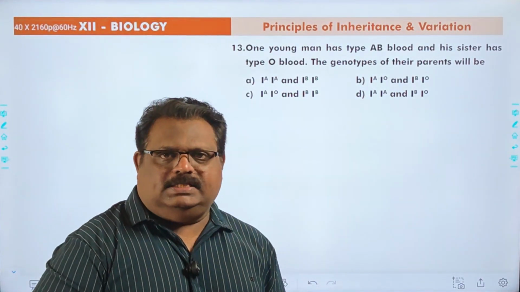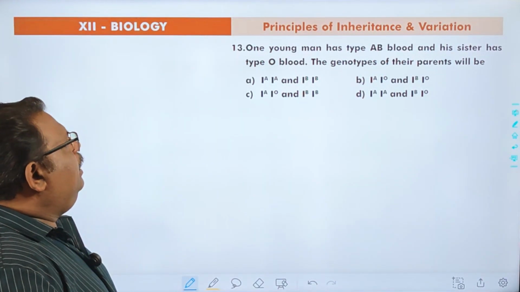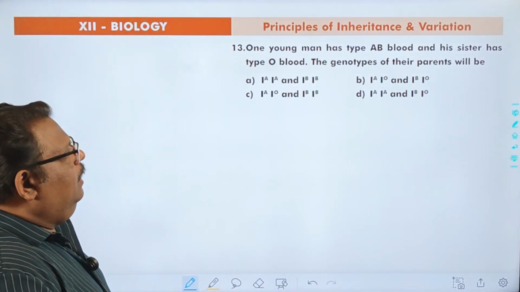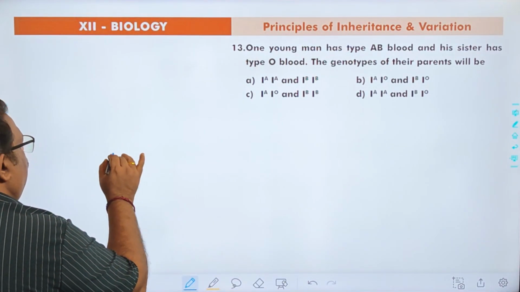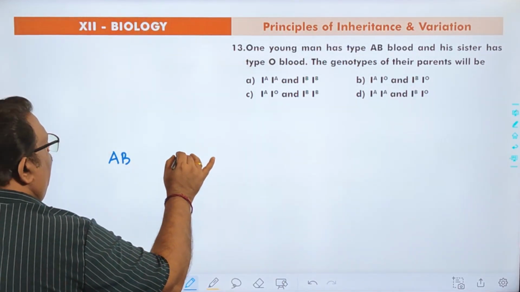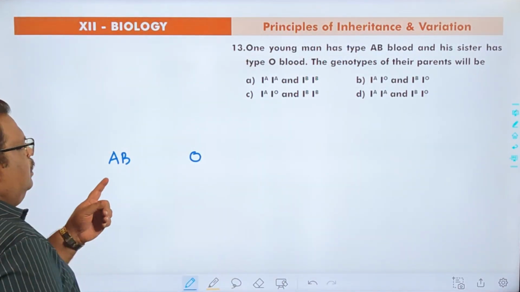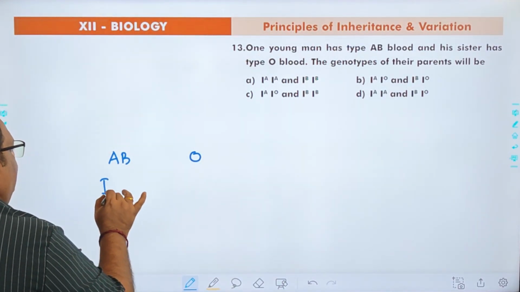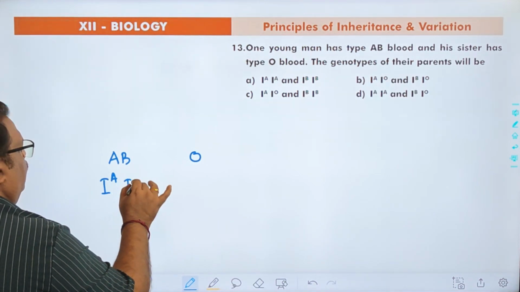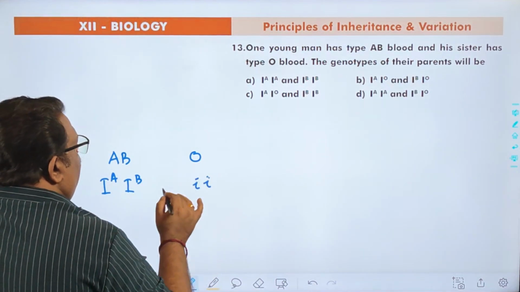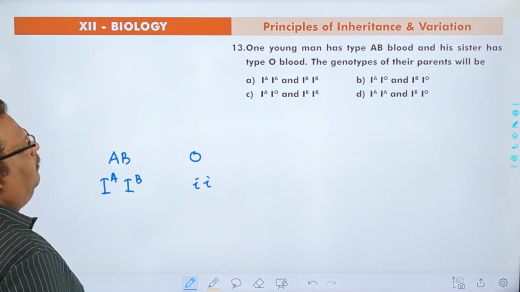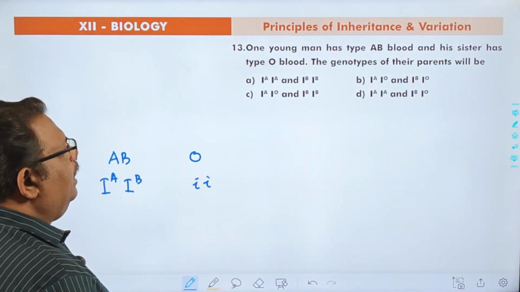Next one, blood group based question. A young man has type AB blood and his sister has type O blood. So AB and O. What is the genotype of AB? IA, IB. Genotype of O, small i, small i. This is a brother and this is a sister. The genotype of their parents will be,